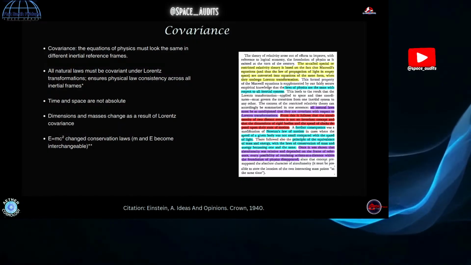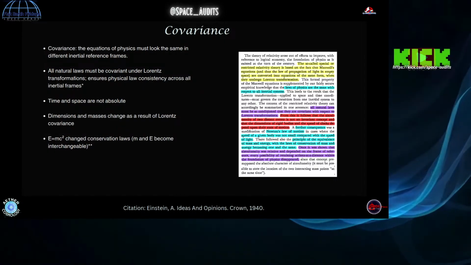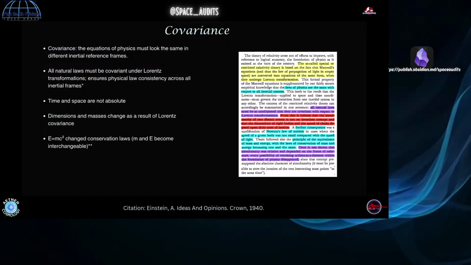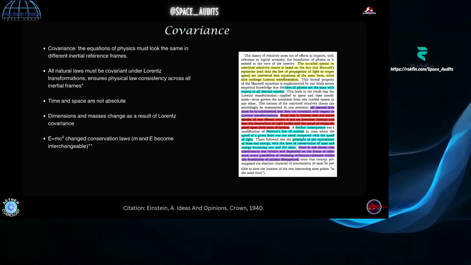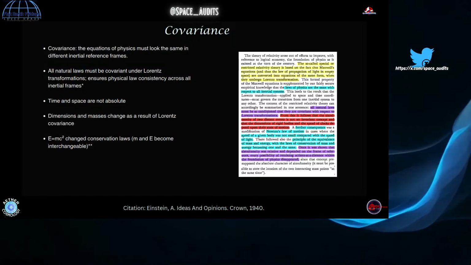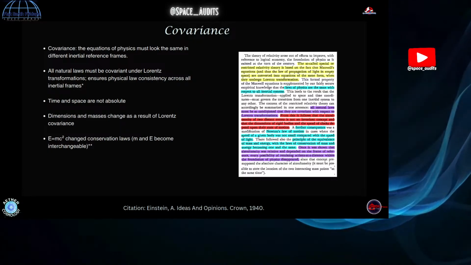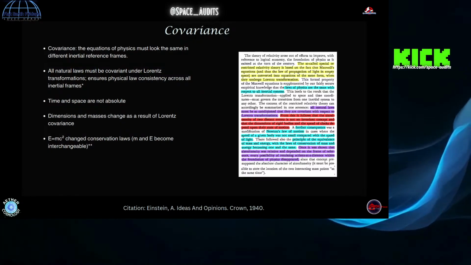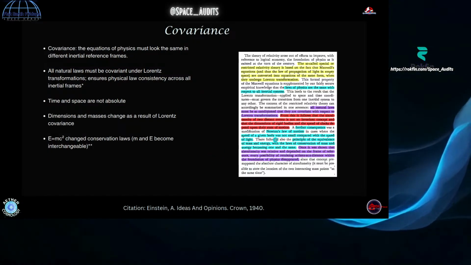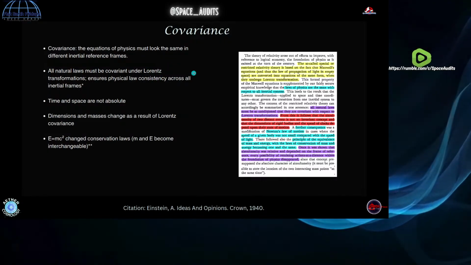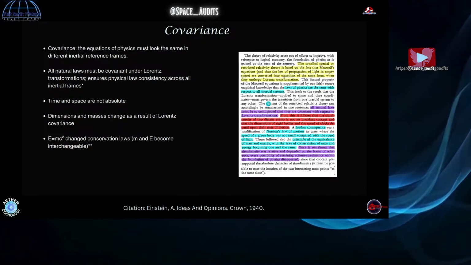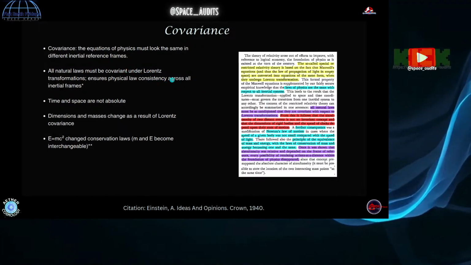So building on that for the transformations, if time and space change as a function of velocity, we have to be able to show that time and space, when we transform these coordinates, have to transform together for symmetry. So that's why they call it space-time symmetry, or space-time as one word, right? They're supposed to be merged together. So under transformation, they're supposed to be the same. And all natural laws are supposed to be covariant under Lorentz transformation.